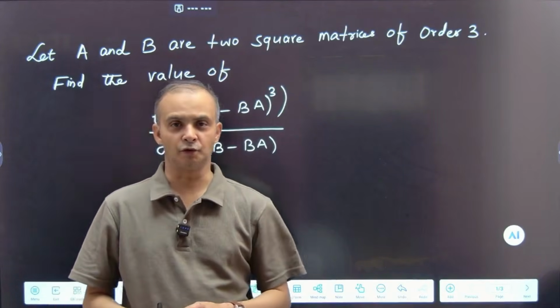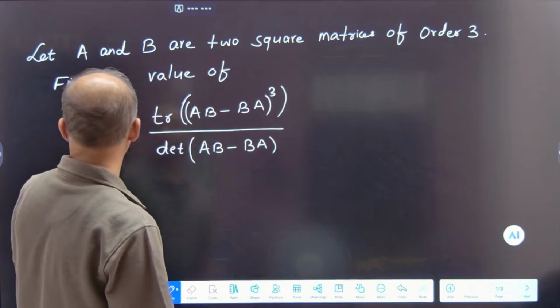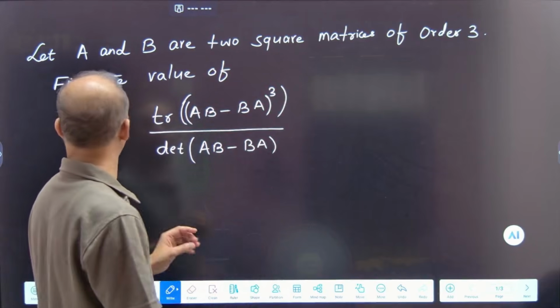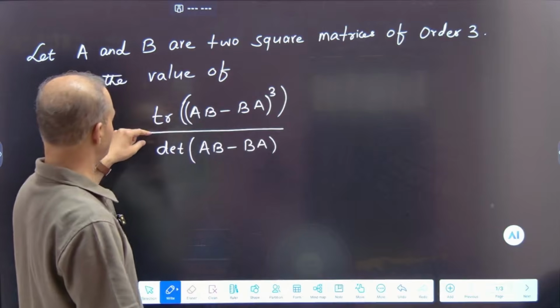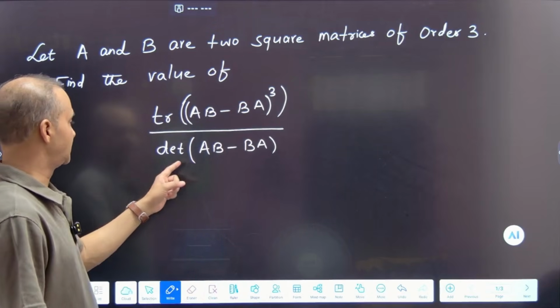Hello everyone. So today we are going to discuss this question. The question simply says that A and B are two square matrices of order 3. We have to find out the value of the trace of (AB minus BA) the whole cube divided by determinant